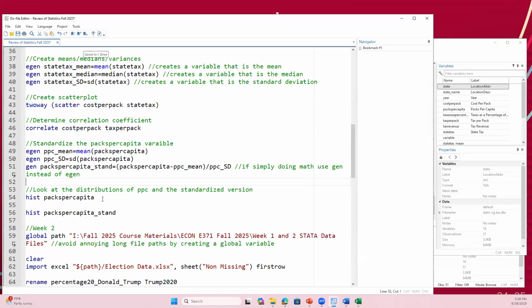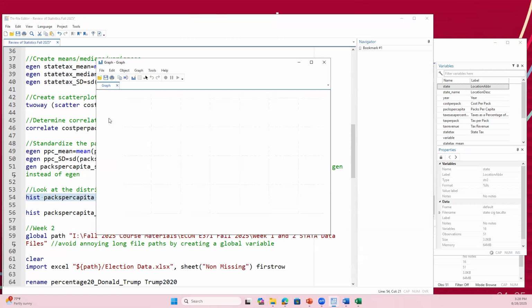Another command that we can think about looking at when we're talking about distributions is the hist command. A hist command is kind of like the sum command. It's just instead of giving you the descriptive statistics, it's going to create a histogram for you and show you what the distribution of that data looks like. So I just want to look at packs per capita. If I looked at the distribution of that,